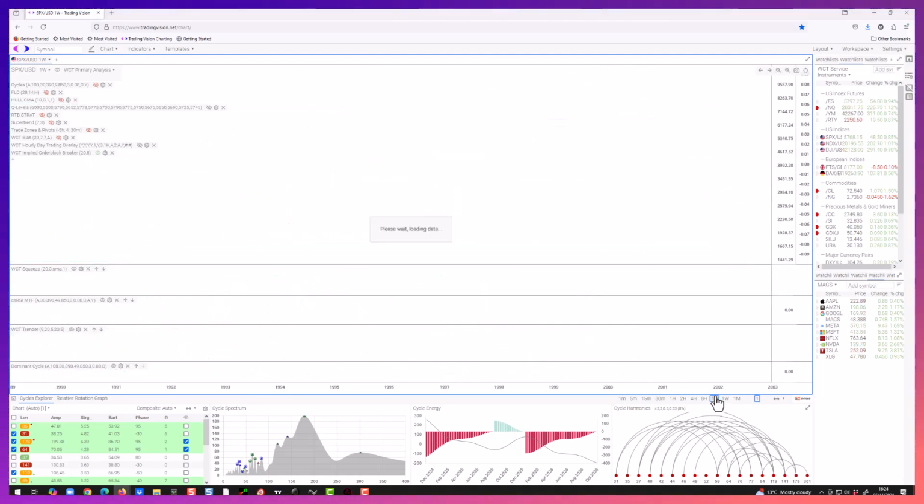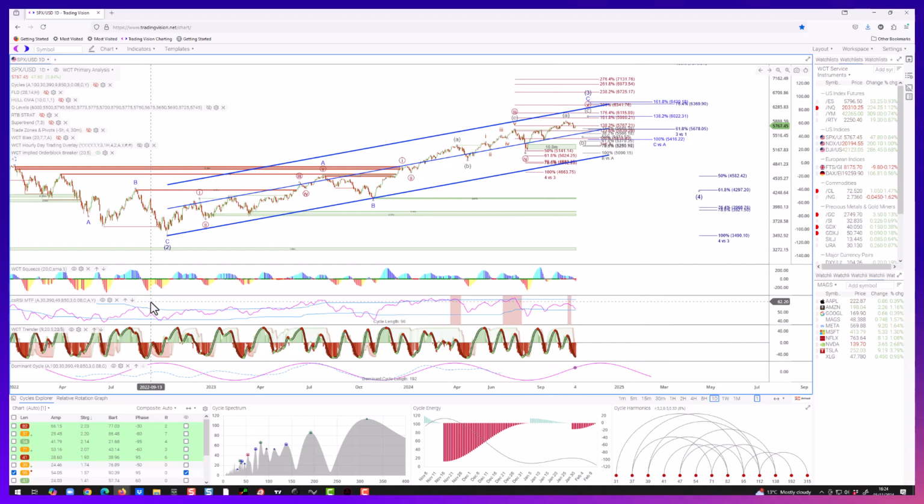Now let's come down to a smaller time frame, and this is our daily chart. Now we expected this to top out the other week, and it's done that. I'm looking for a deeper pullback than the one we've already seen, and then a final leg up. Now that final leg up, the original target was just north of 6,000. There's nothing to say it can't push all the way up here to 64.30 or even higher. So we just get one last blow off move before we start this wave 4 back down in the S&P 500.